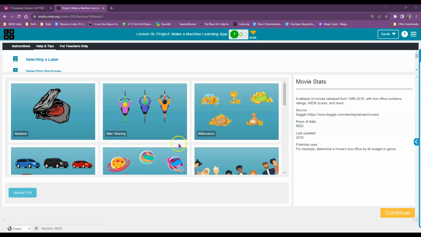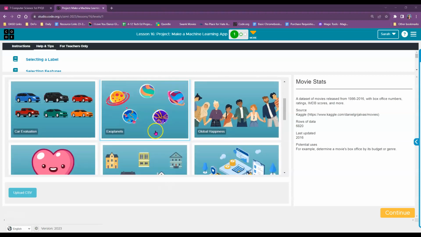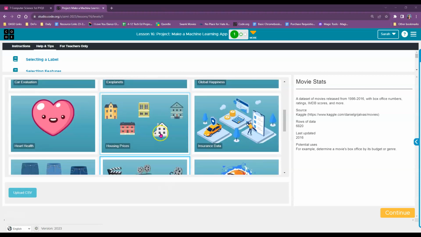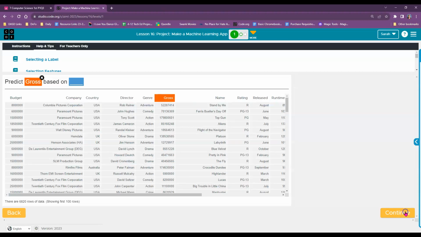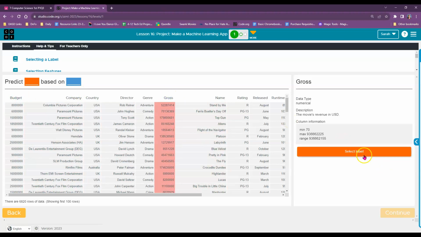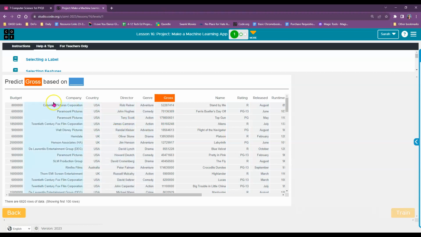I'm going to demonstrate again how to get your data set and then start figuring out how to make your machine learning app from it. So I'm going to do one based on the movie statistics, and I'm going to predict my gross. So if I click on how much money they're going to make, their revenue, and then I'm going to go based on their budget,